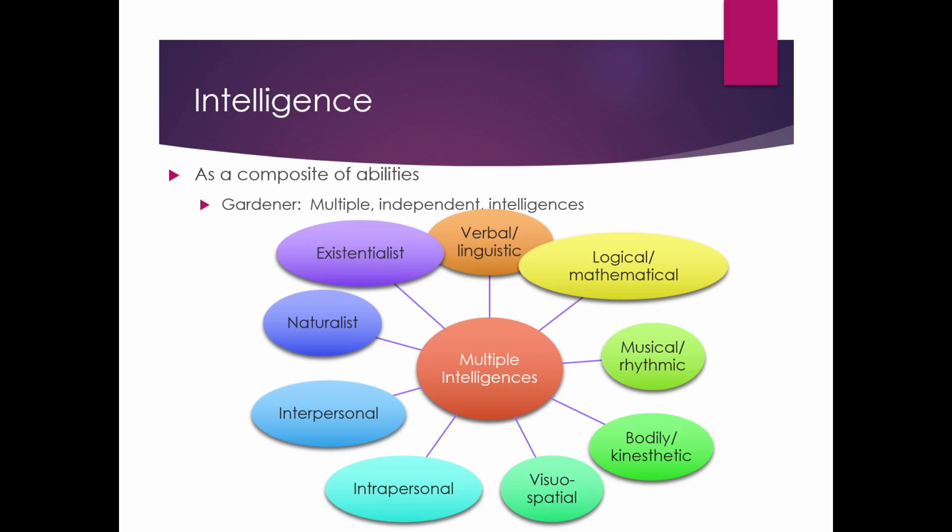And a lot of people have criticized this model by saying that basically he's starting to get into talents or preferences or other kinds of things that are not really measures of intelligence, but are something else. But others have said, well, you know what, if we address these things as being separate from each other and that they can work together but they don't depend on each other, we really can get a complex interpretation of different people's cognitions about different things. And so some people like that he keeps adding on and that he's adding more and more nuanced things onto the model.